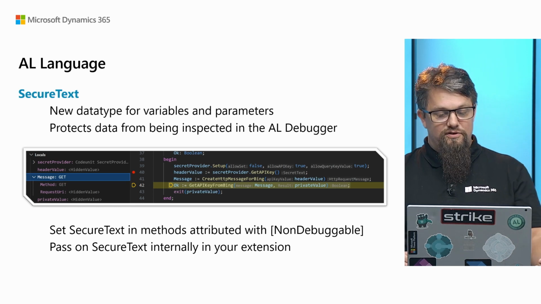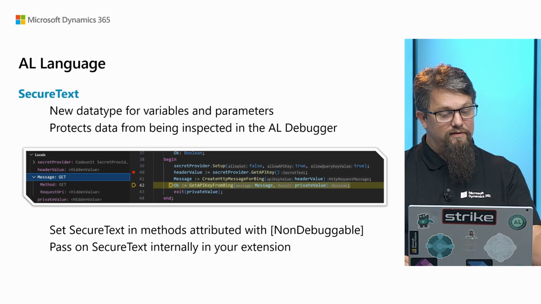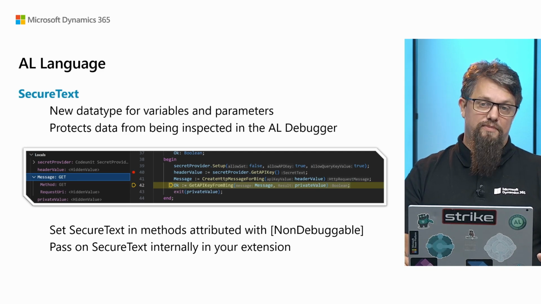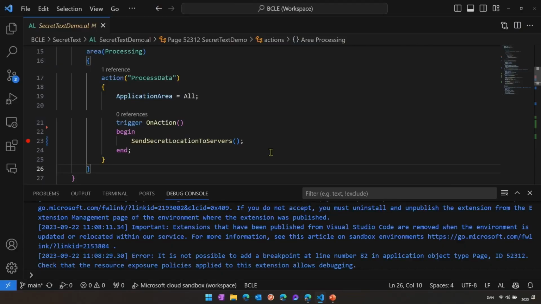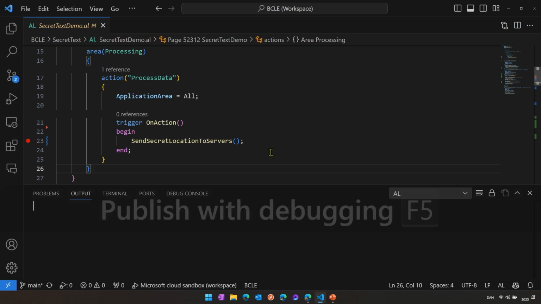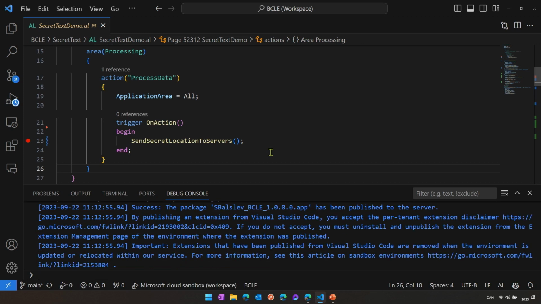You construct the secure text data in a non-debuggable method, and then you can pass it on to relevant methods without having to worry about it being exposed. Let's see how that could look like. Here I have a demo project that I'm going to try and run. So I'm going to run the debugger, and it will publish my application to a sandbox. And from here,